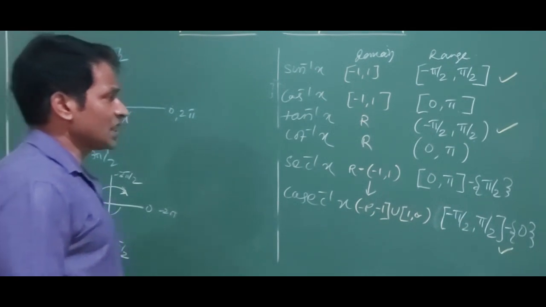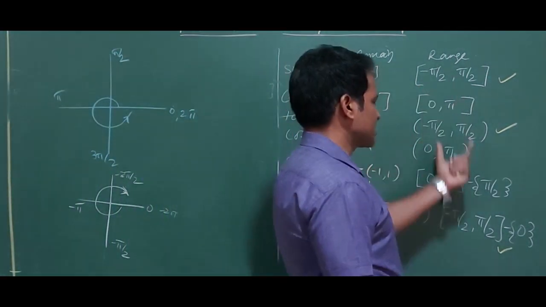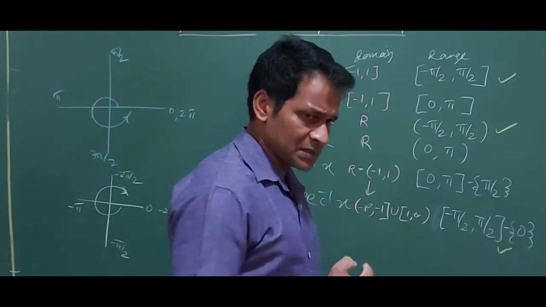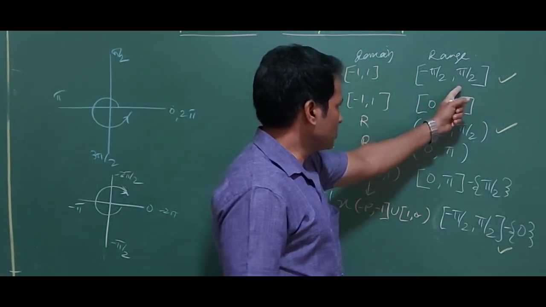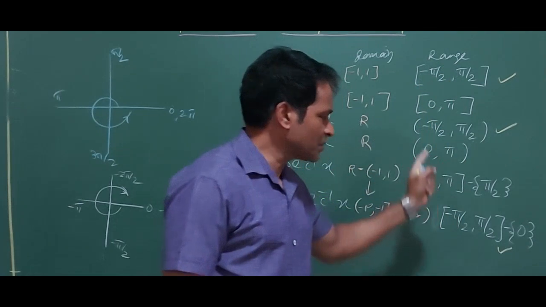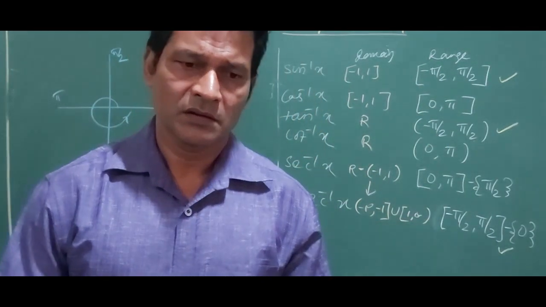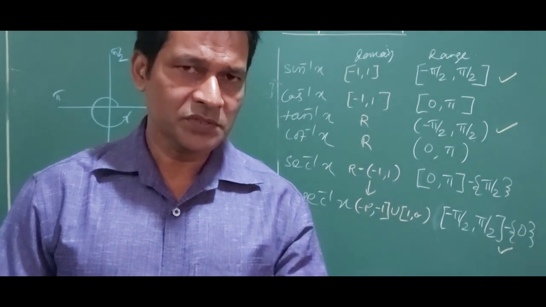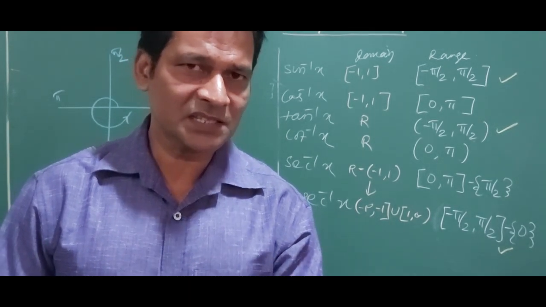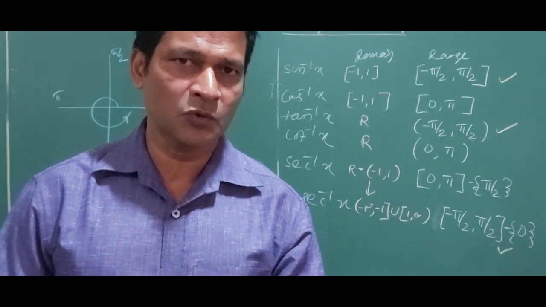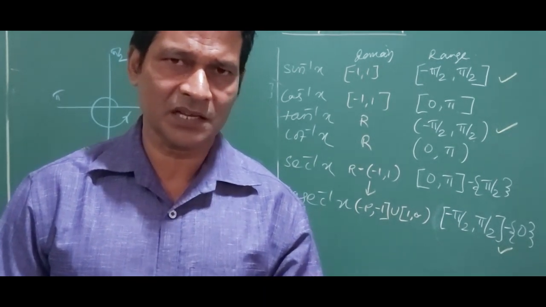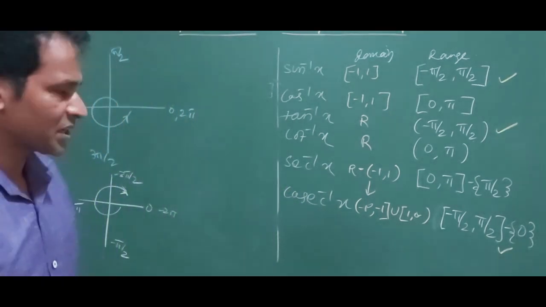But if I look at the range here, there are some restrictions. If I look at the values, only minus pi by 2, pi by 2, 0 and pi are visible to me. Other than this, nothing is visible. Neither 3 pi by 2, nor 2 pi, nor 7 pi by 6. Only these. So let's think about it again.